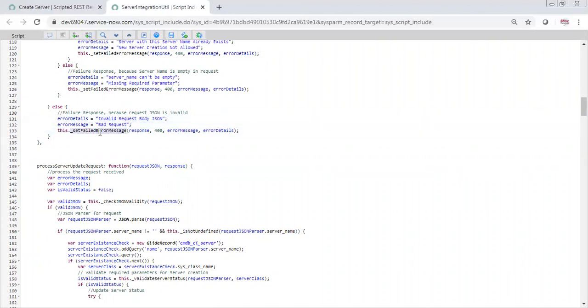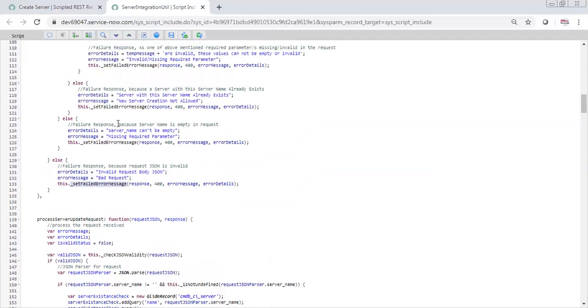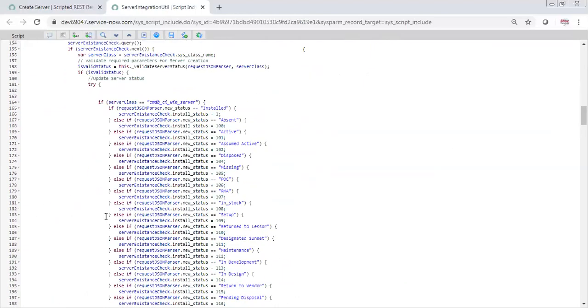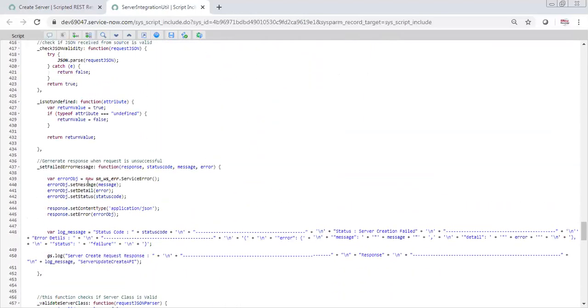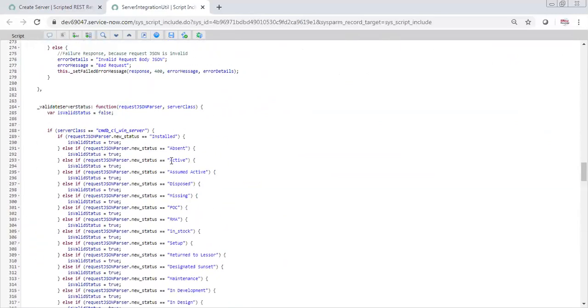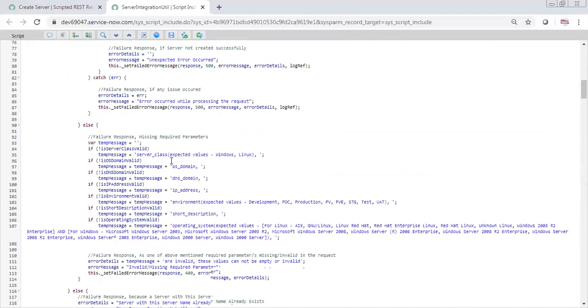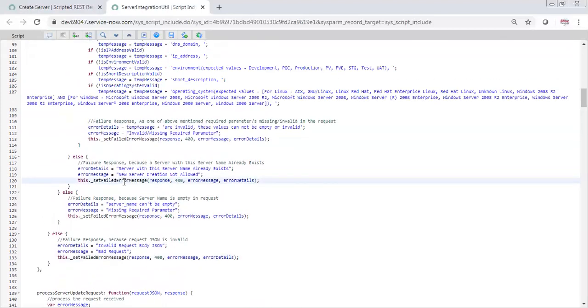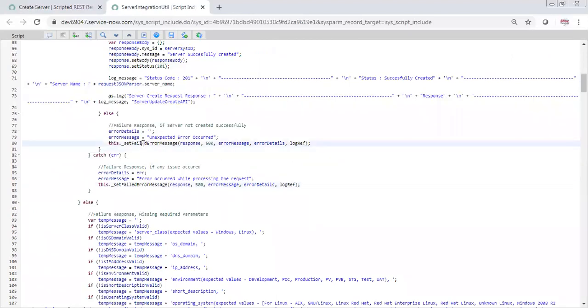Now why have I done this? Again, I need to pass the error at multiple levels. If I go to this private function below, sendFailedErrorMessage, this is again these many lines to send the error. Now if I go up, you will see the same kind of error message, because this is just one validation. I need to put many more validations. Those 8-9 lines which I showed you below, I would need to write here, here, here, and maybe here, because multiple validations are going to happen.